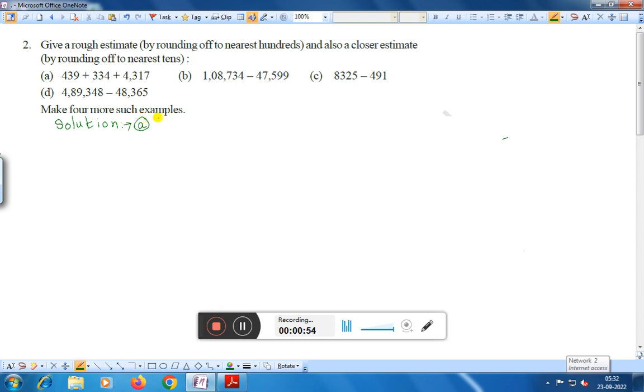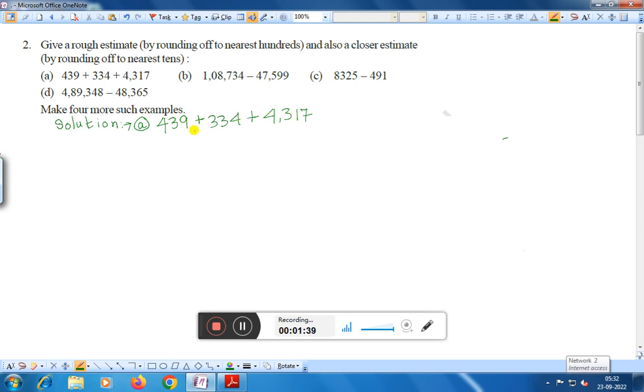A. 439 plus 334 plus 4,317. Now, first of all, we have to give a rough estimate by rounding off to nearest hundred. Now, the number is